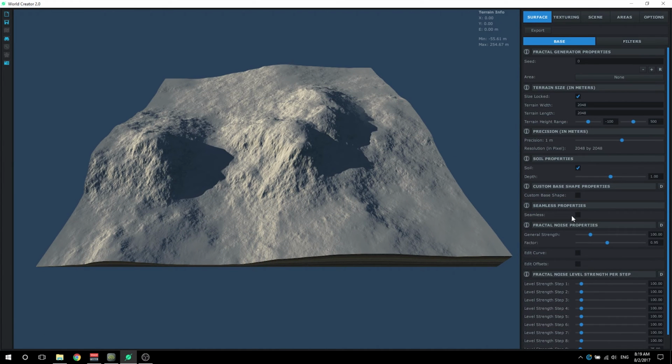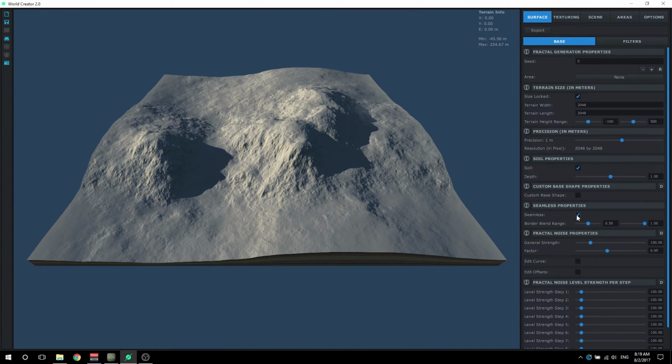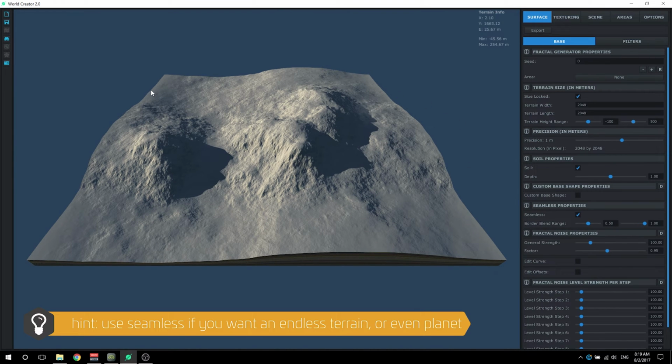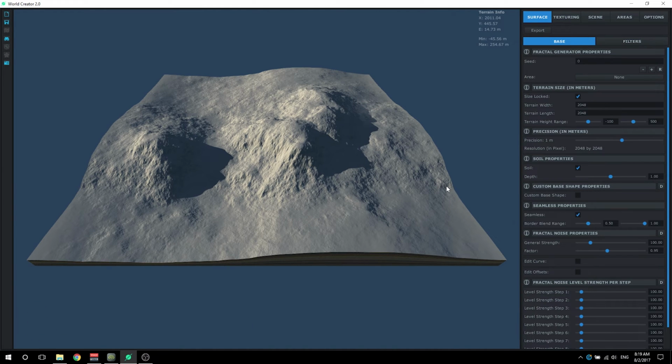And in this next property, this is the seamless property. And this takes whatever resolution your terrain is at the moment you click this button right here, and it averages out the perimeter to create a seamless terrain no matter what size you make the terrain after hitting this button. It's very handy for creating a planet or an endless terrain, which will be possible in World Creator 2 at a later date. But keep in mind, when you hit this button, it's basically taking this width and